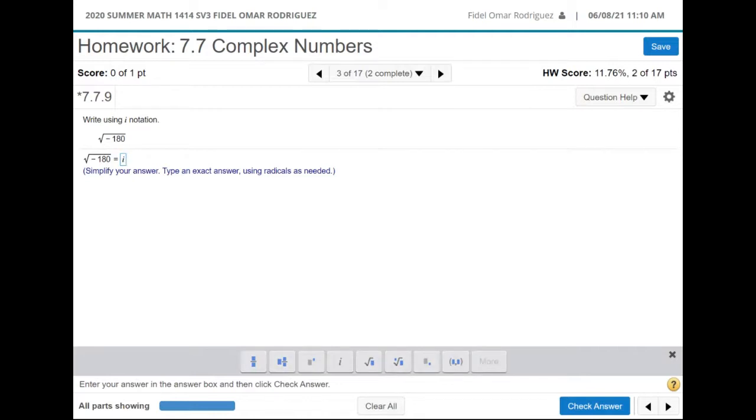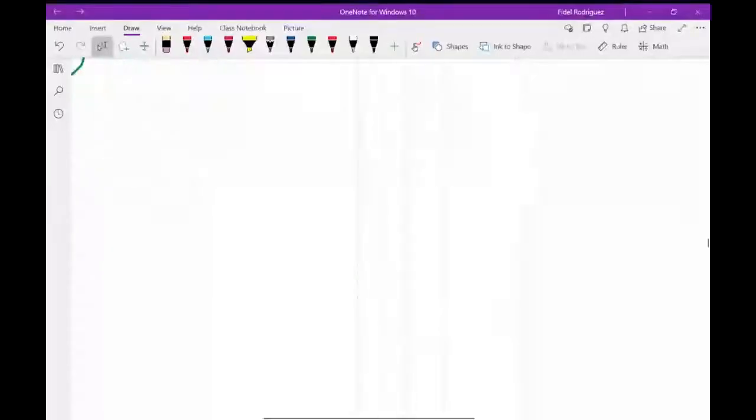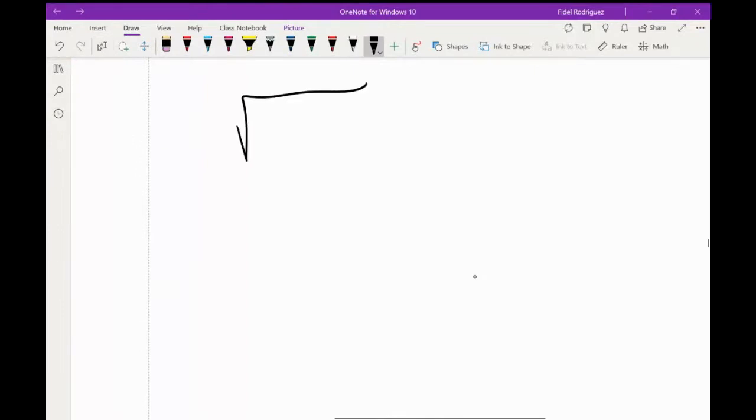Let's stop sharing this screen real quick, and we're going to share one more. The problem that we had was the square root of negative 180. We already know we're going to have an i.